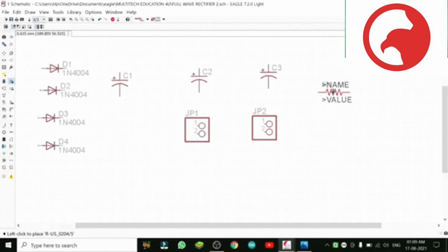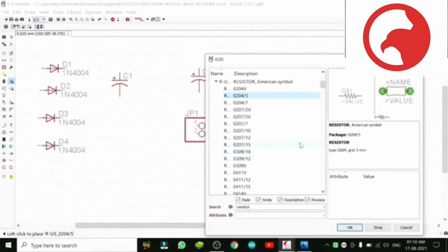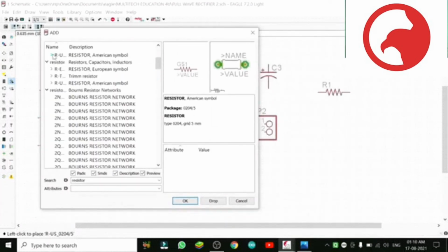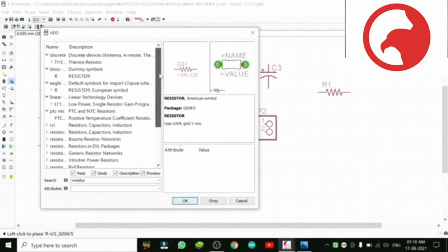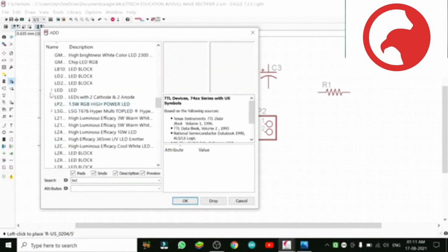So this is the way. Actually main thing is to select the component from the library, which takes time. So our resistance has come. The value we can put it afterwards. I will tell you how to put the values, to change the values, to mark the values on these components one by one. So it is time devoting, as well as it depends on your practice also.